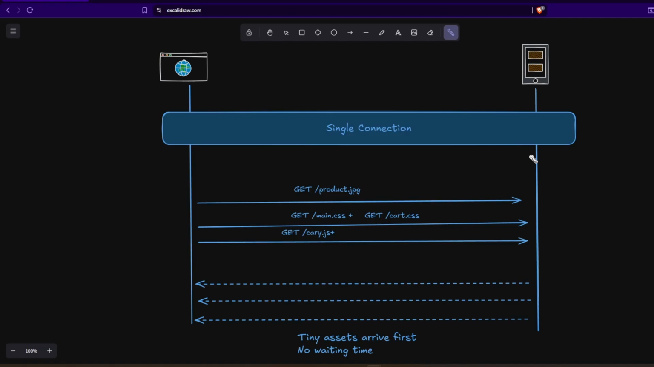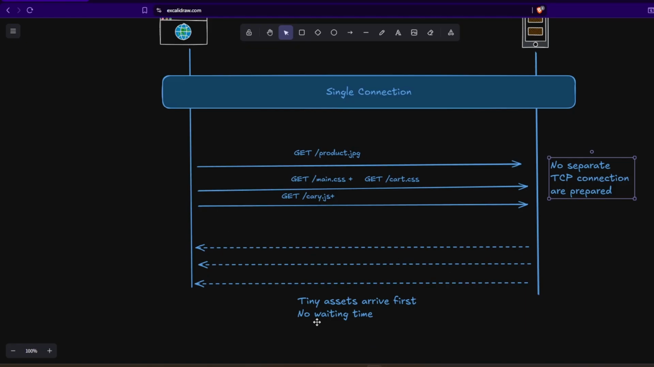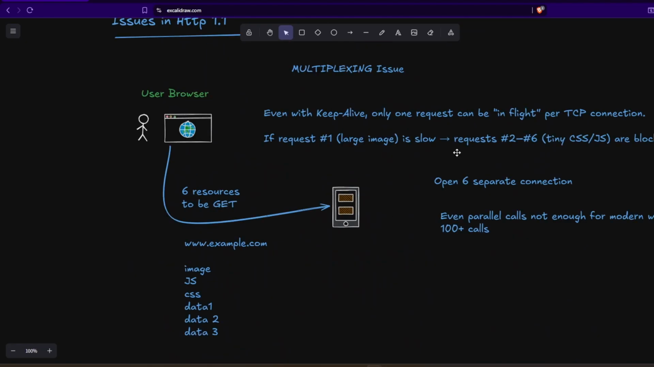Okay, so this is a very important point here: no separate TCP connections are prepared. Under a single connection, this goes, and under the same connection only, all the responses keep on coming. Now, if you see the earlier problem statement that we had, it is because